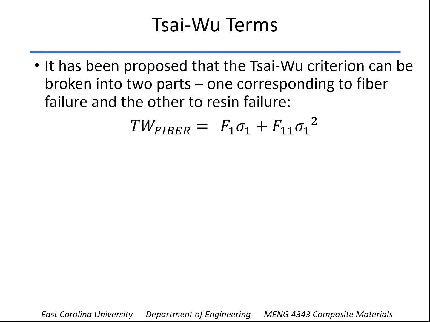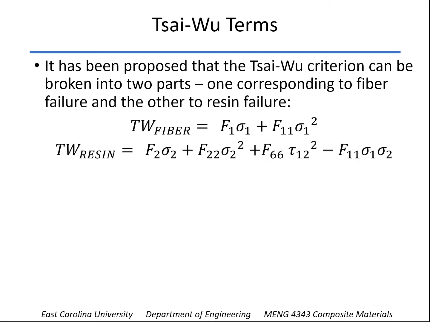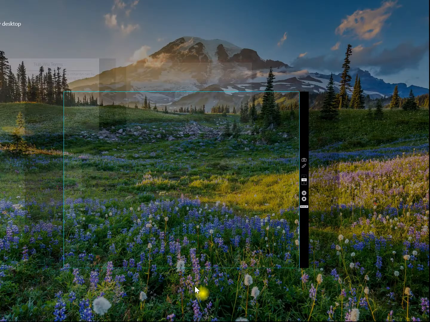So if we take just the ones that are associated with the fiber direction stress, sigma 1, and call that the fiber component, and take the rest of them, which involve the shear stress and sigma 2 and the interaction, and say that those are indicative of a resin, then we can predict what's going on when we reach that predicted failure. I'm going to shift over to the spreadsheet,